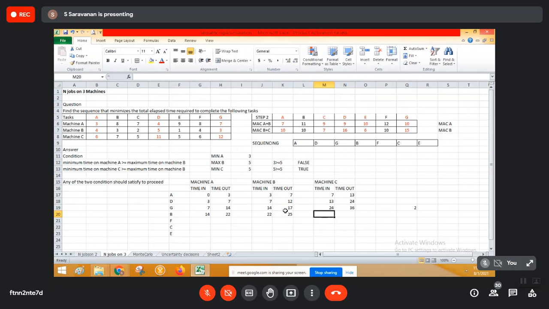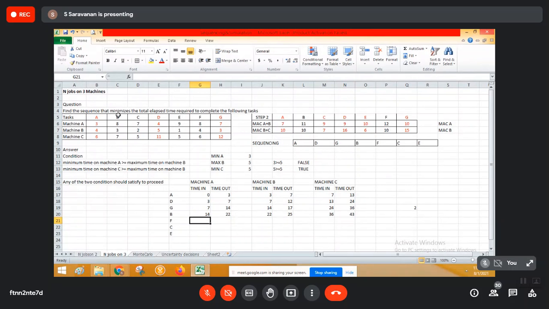Okay, 25. So now the machine C can take that activity at 25 or 36. It can take only at 36. 36, simple. Right. So 36 B activity. B is 7, no? So 43. So 43 it comes out of that machine. So idle time and all we can calculate later. First we can complete the specific table.